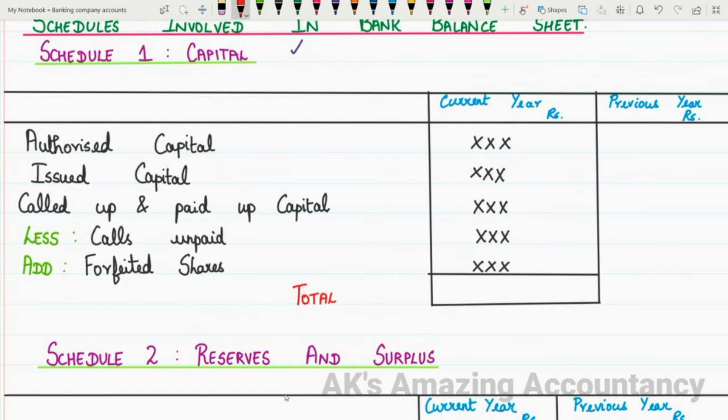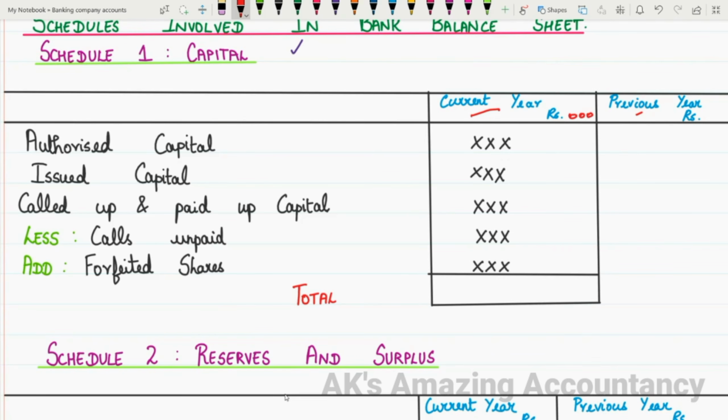We'll be having one column for the particulars, the main information, and then two amount columns will be given as per the format. One is for current year and the other one is for previous year. But remember, while doing the answer for the problem or in the examination, there is no need to enter this previous year column. It's enough if you show the current year column alone, and usually the rupees will be in thousands. That you have to mention.